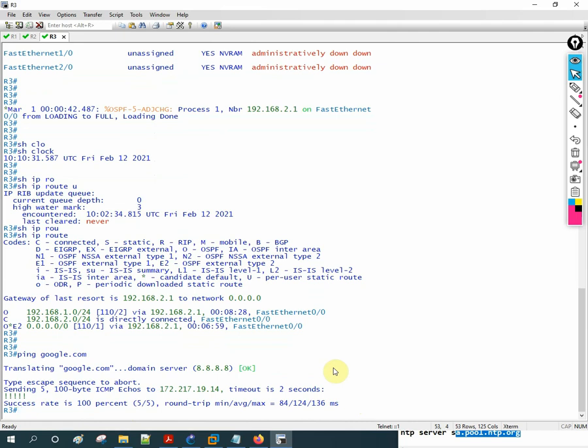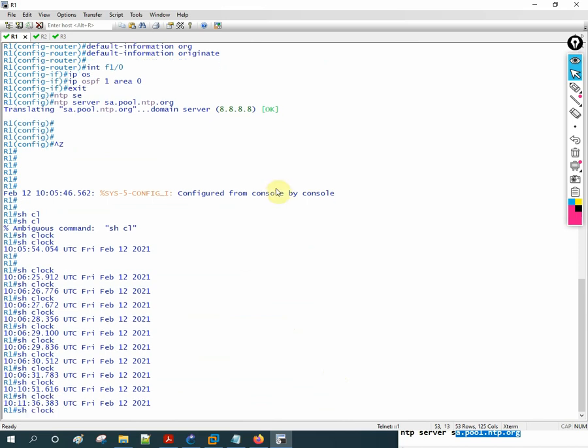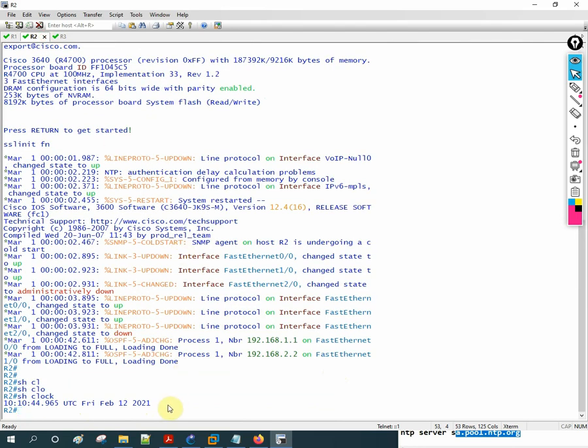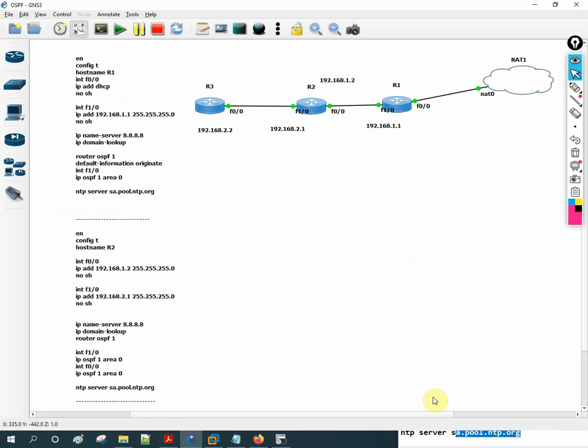We are getting the updated time in our whole network. We have the same time in our whole network. It is updated: 12 February, the same here, here also the same thing, and here also the same thing. Okay, so I just wanted to show you this. This is the configuration